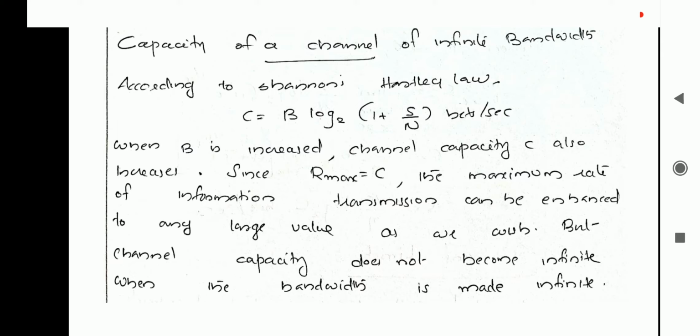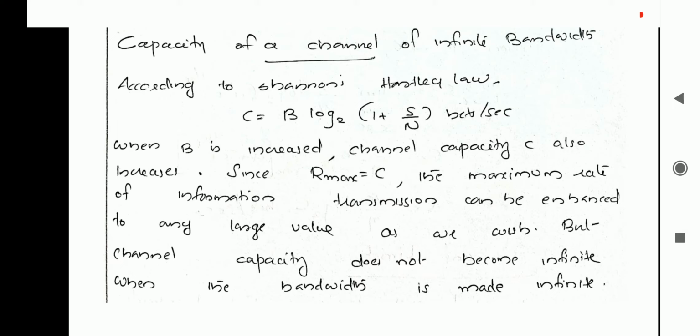So also we can make some conclusions that if we are increasing the bandwidth, we can increase the information rate or the channel capacity, because C is linearly proportional to B. As well as if we are increasing the signal to noise ratio, we can increase the information rate or the channel capacity while still preventing errors due to noise, because the relation between C and the signal to noise ratio is that C is logarithmically proportional to the signal to noise ratio.